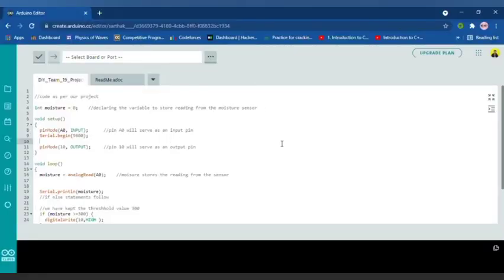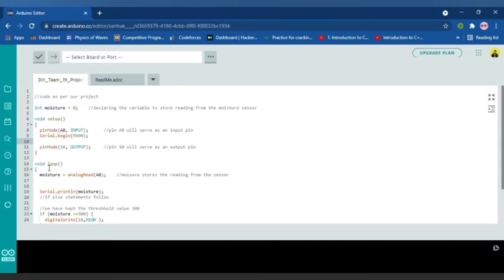Hello, I'm Sarthak Misra and I will explain the code that we are using to run our project. So here goes. We first declare a variable moisture which will store the reading from the moisture sensor. And then for the setup part, we set the analog pin A0 as an input pin which will receive signals from the sensor, and the digital pin number 10 will serve as an output pin which will send signals to the relay.